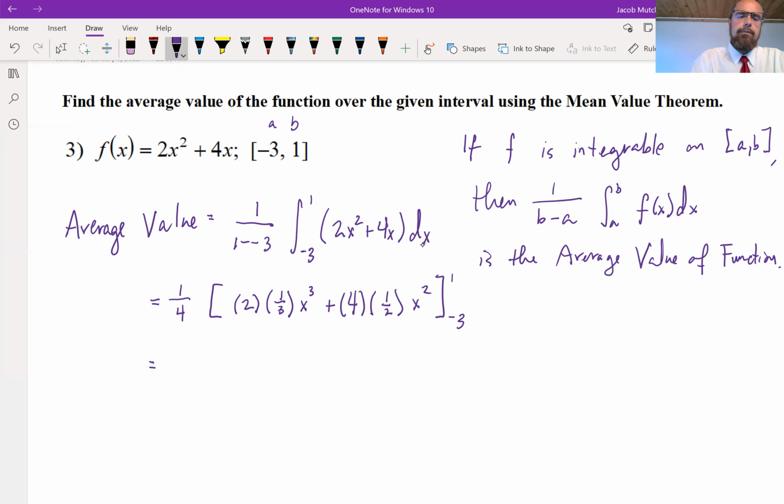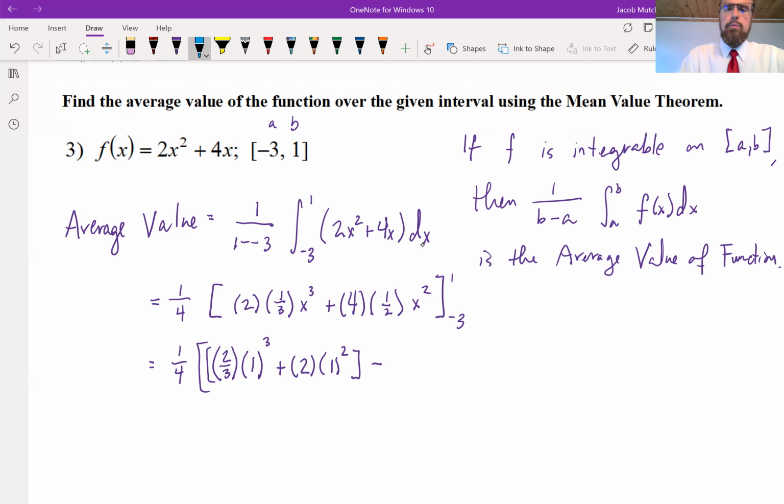So we're ready to substitute in our limits of integration and simplify. So that's going to be a quarter. I can combine these multipliers. 2 times 1/3 is 2/3. And then I'm going to start plugging in my upper limit of integration. So 1 cubed. I can combine 4 and a half. 4 times half is just 2 times 1 squared. And we'll put some brackets around that and then subtract from it the same expression, but with the lower limit